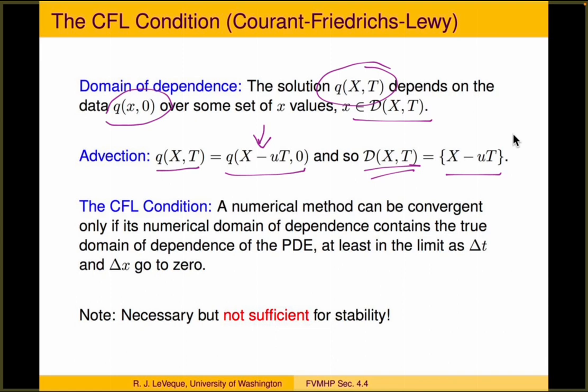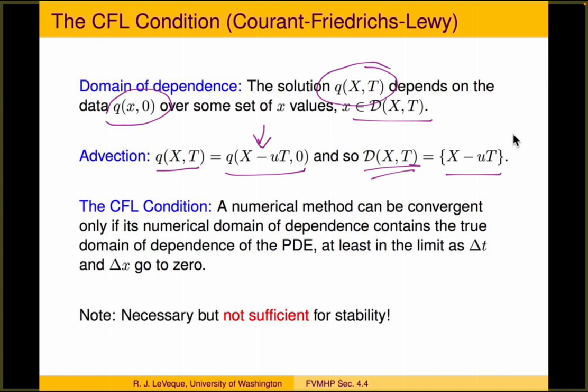That's kind of a special case. This advection equation is very special. Many times in differential equations, the solution at one point depends on the initial data in many places, or even over an entire interval, or maybe even over the entire real line. So for example, for the acoustics equation, we would expect the solution at each point to depend on the initial data at 2 points, because there's a left-going sound wave and a right-going sound wave that both reach this point at a